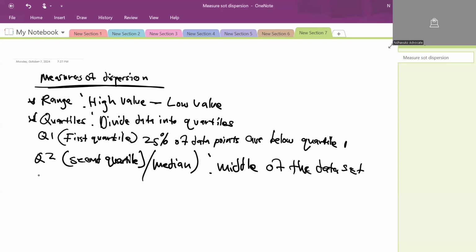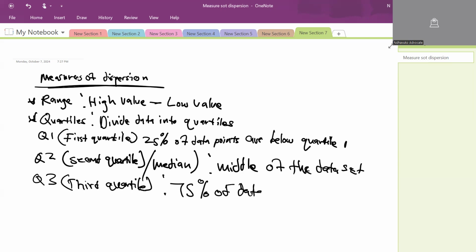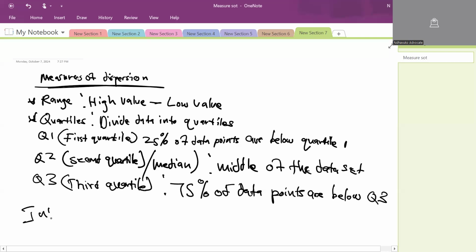So Q3, this is the third quartile. This one, you must know that 75% of data points are below Q3. So when you are dealing with the interquartile range,